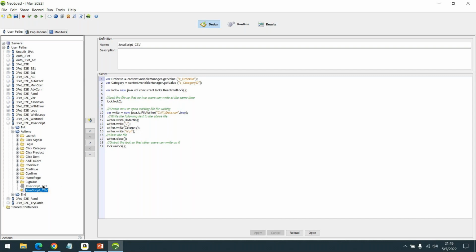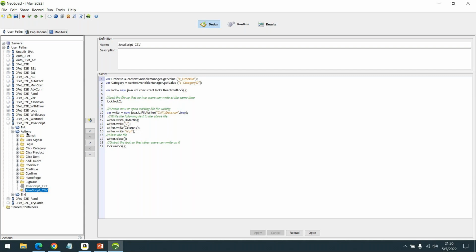We can write it as a CSV, or we can also write it as a text file. So this is possible. This is just one such example: something that is out of scope of NeoLoad's features and functionality, we can still achieve using JavaScript.